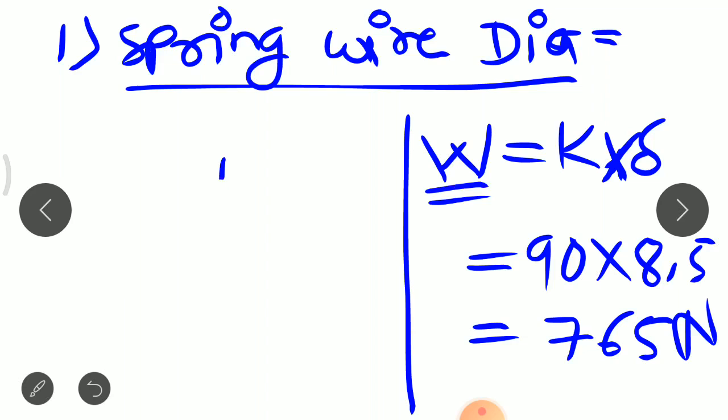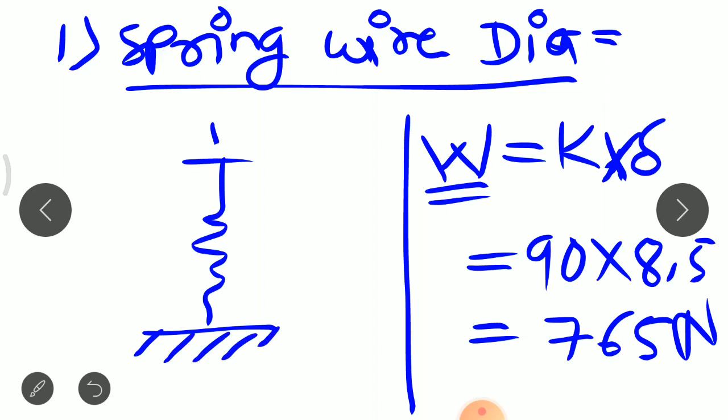यहाँ पे spring हम कंसिडर करते हैं कि एक एंड पे फिक्स है और यहाँ पे W वेट अप्लाई हुआ है। तो स्प्रिंग की जो स्टिफनेस वैल्यू है उस पर डिपेंड रहेगा कि डिफ्लेक्शन कितना होने वाला है। तो इसलिए हमने इन दोनों का मल्टीप्लिकेशन लिया। ये पॉइंट हमने थ्री लेक्चर में भी डिस्कस किया था। W इज इक्वल टू K इंटू डेल्टा।